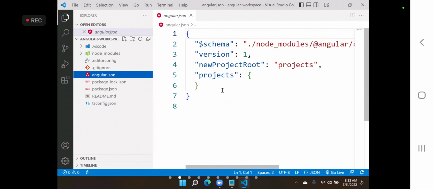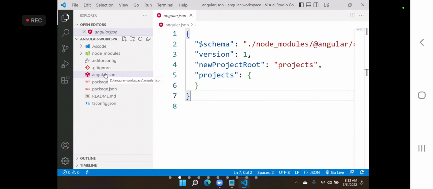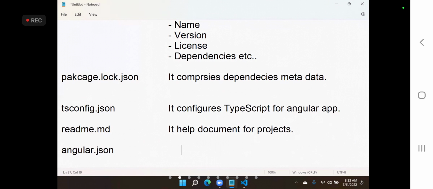Once you add a project, then project related information will come here. That means for every project, what scripts we have to use, from where we have to bring the styles, CSS, what is the location of scripts and styles, what is the location of the test framework, which test framework to use for testing. All such information will be updated into this angular.json.